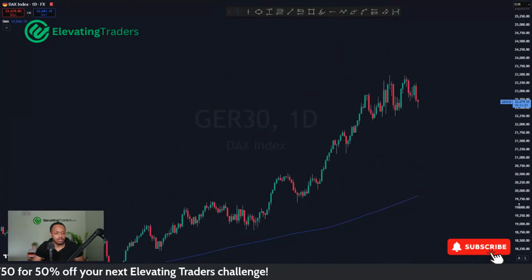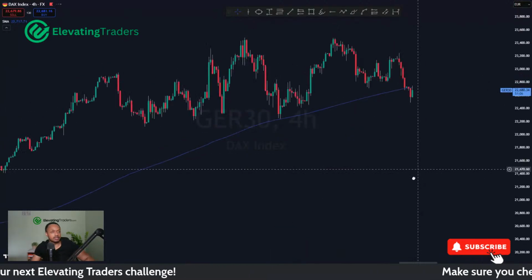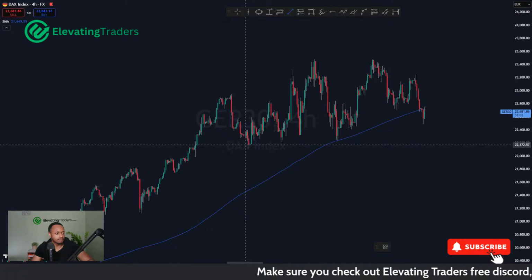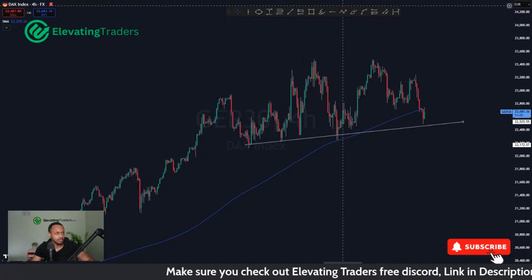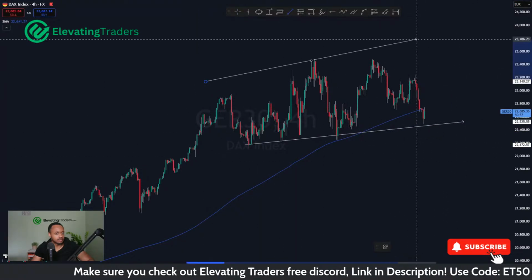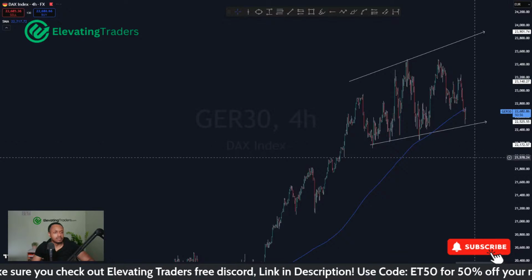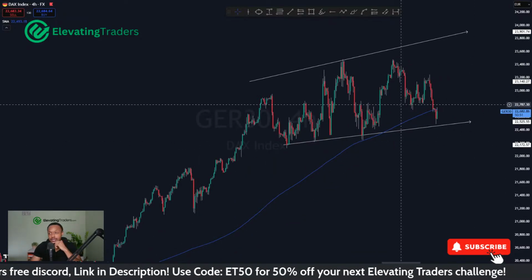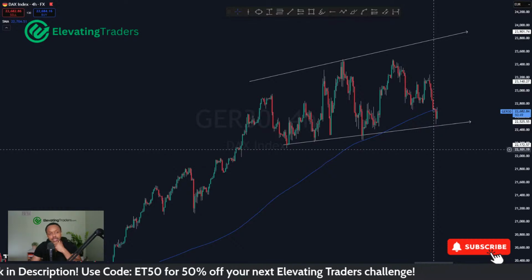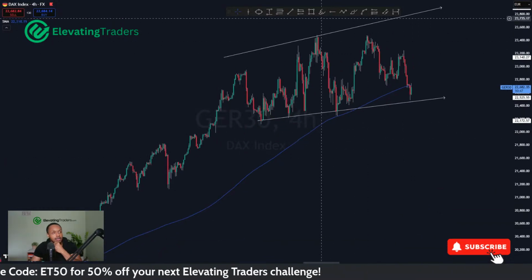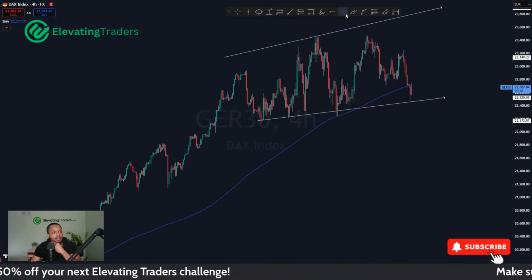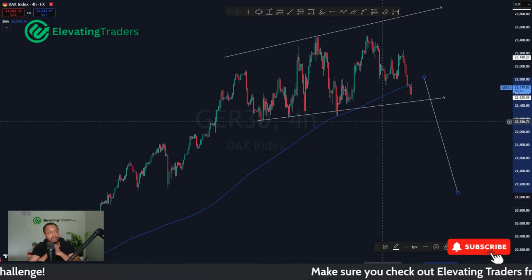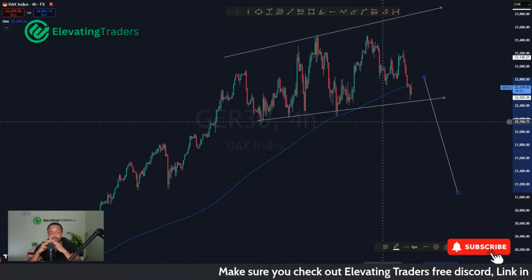Okay, the DAX is just kind of stuck in that channel while we're breaking through. Now we're still stuck. So yeah, still stuck in that channel. Although surprisingly, we did go for a bit of a sell yesterday, which I wasn't expecting. But yeah, I am looking for something like this in the next probably week or two. To be honest, I'm looking for a bit of a pullback, especially if the US indices take a hit.